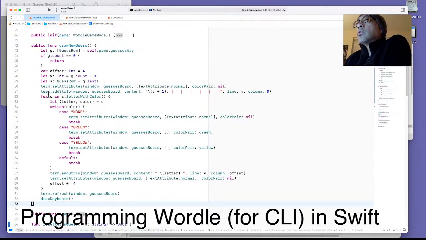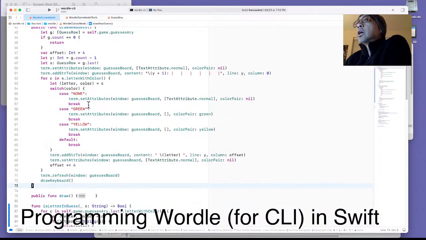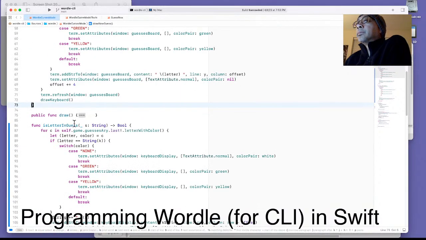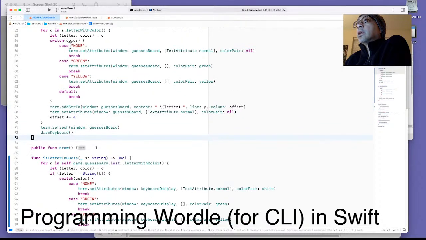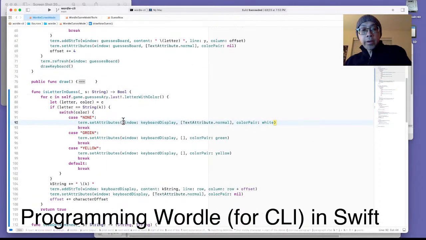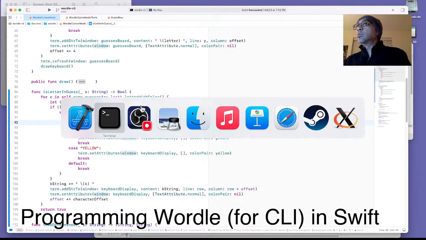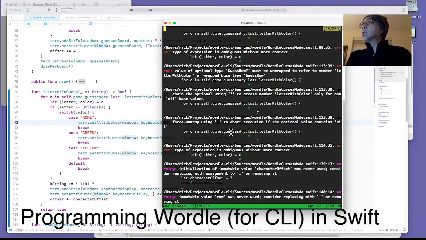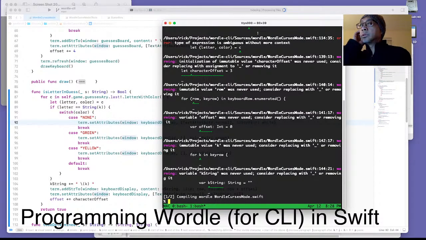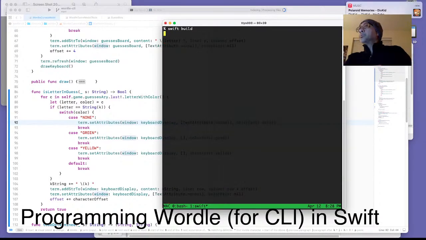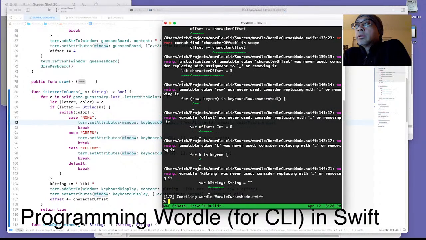Yeah, for C in S dot letter with color, and then I do that let. So this could be better. I just made two changes here with the bang. Yeah, this is a tricky code. But I feel,